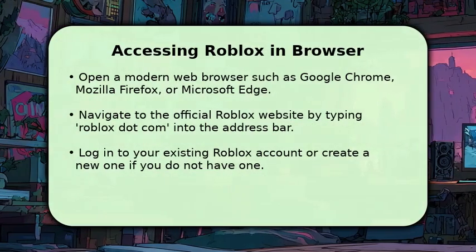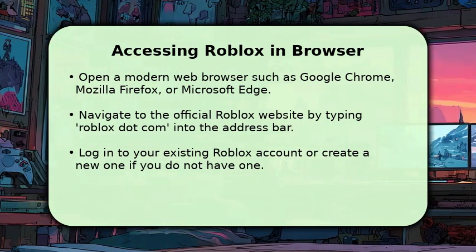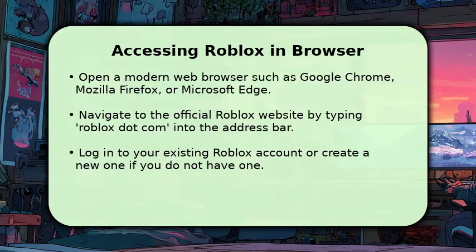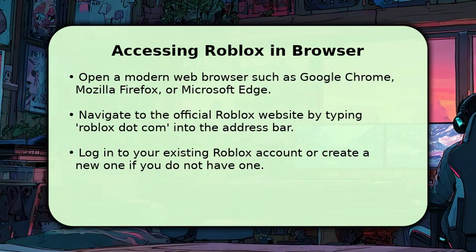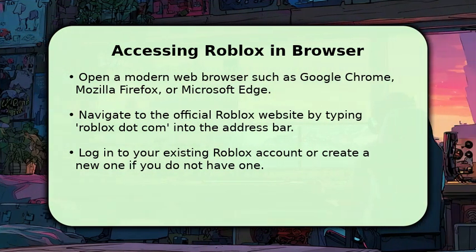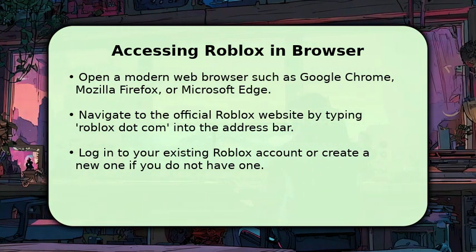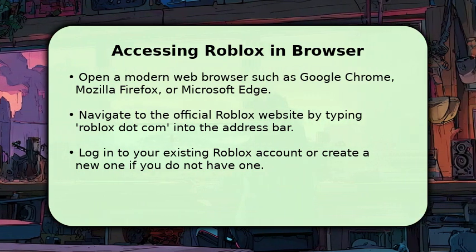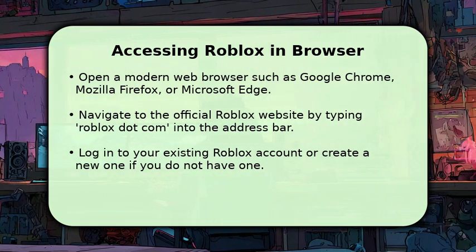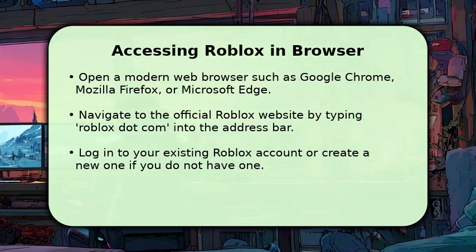To begin, open your preferred web browser, such as Google Chrome, Mozilla Firefox, or Microsoft Edge. Navigate to the official Roblox website by typing roblox.com into the address bar. Once on the homepage, you will need to log into your existing Roblox account or create a new one if you don't have one already. After logging in, you can browse the vast library of games and select any experience to start playing directly within